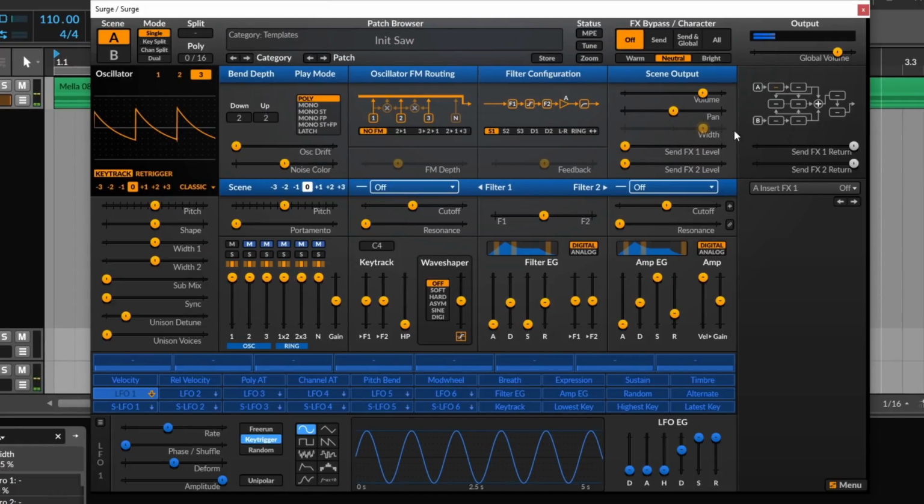We're just playing a mono thing here at the moment, but basically as you drag it up here, it's going to be wider, and as you drag it down, it's going to be more mono sounding. This is of course just one saw wave, so it's pretty mono as is. Then you've got send effects level, which is how much we are sending to the send effects. I'll get into that when I come to the effects section. And that's pretty much it for this main